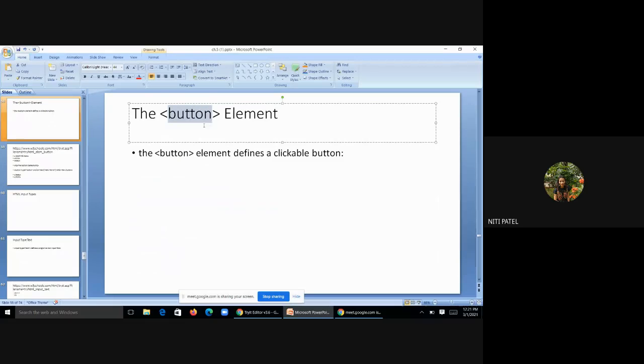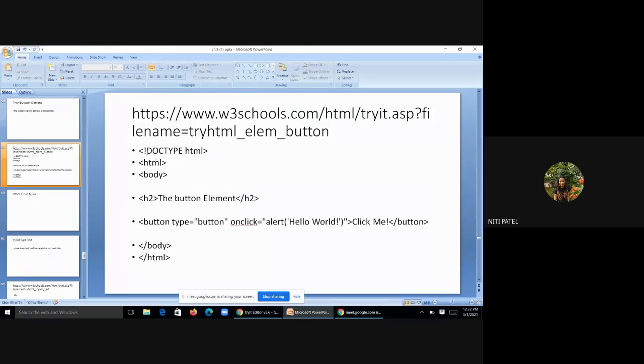Now we have seen one button which is submit. We will see another button, or we cannot call submit as a button. We call submit as submitting the data of the user. What is this button? As I told, you can link it to some page, link it to some another hyperlink, or you can have some messages, some alert message, some dialog box whenever you click on that button. Okay, so how can you create that button? By using an element called as button element. Let us see the code.